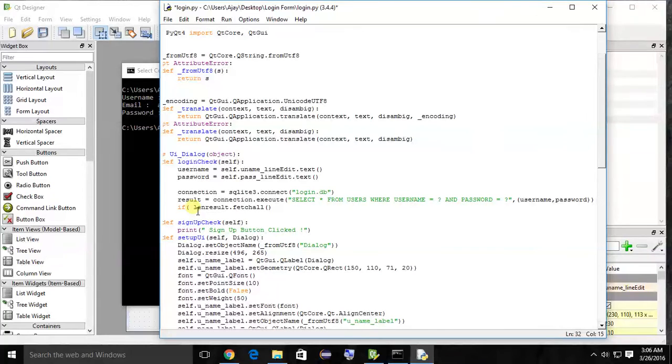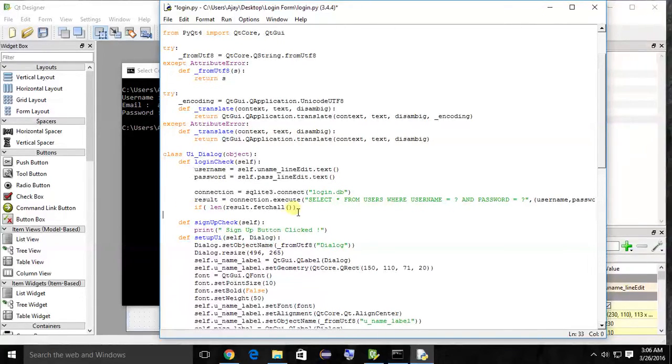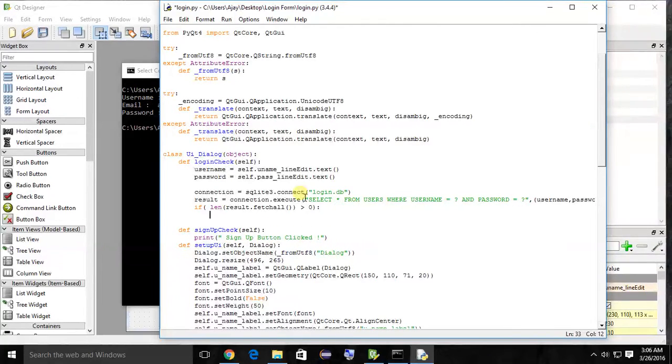The fetchall method returns a list that contains all the rows. So the len function is used to count the length of that list, and then we compare that length: if greater than 0, it means user found, because if the user is not present, it returns 0 rows. So this is the logic behind the authentication.